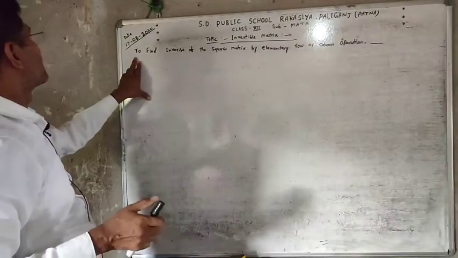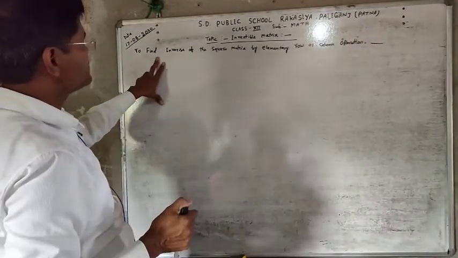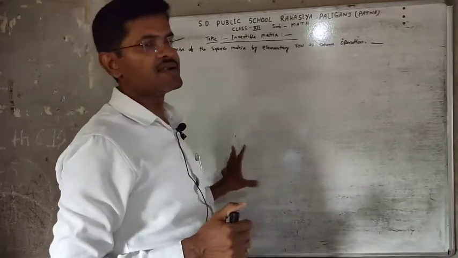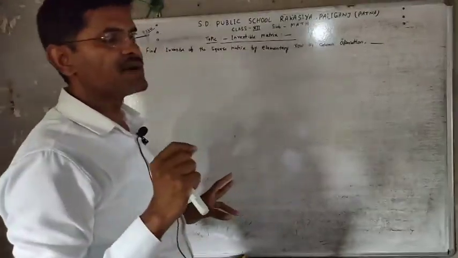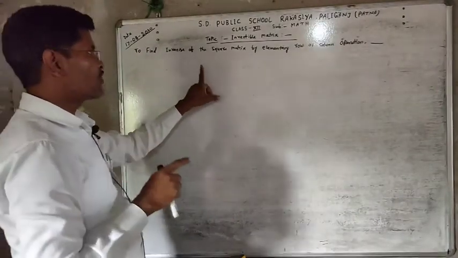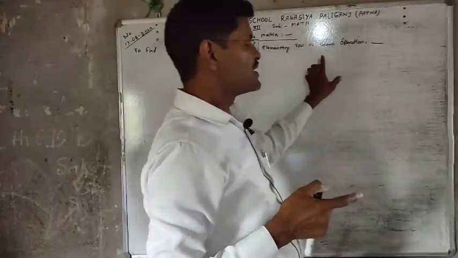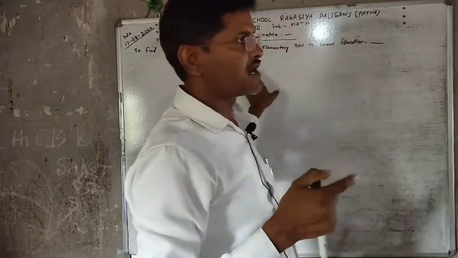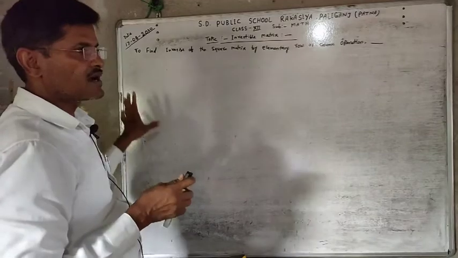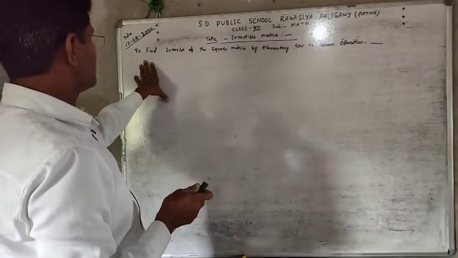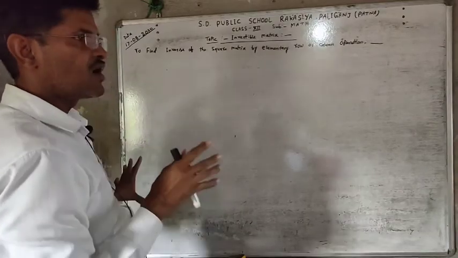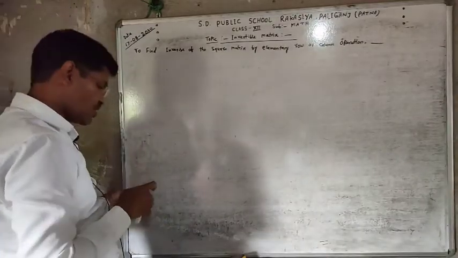Now we can find the inverse of a square matrix by elementary row operation or elementary column operation. By elementary row operation or elementary column operation, we can find the inverse of any square matrix. The process to find the inverse of a square matrix by row operation or column operation: